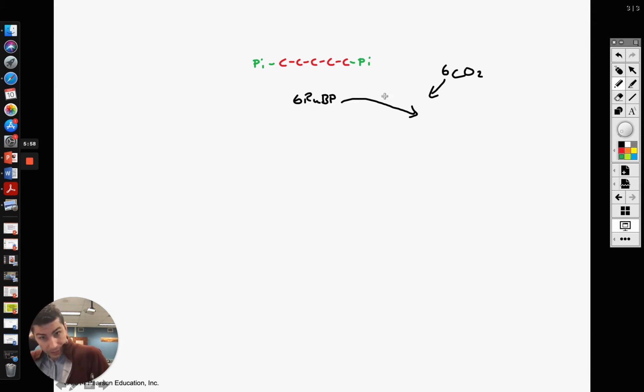Now, each time I draw an arrow, guys, an enzyme is going to be present there in order to catalyze that reaction. In this one, we're going to have a rubisco enzyme. Okay. And when we put these together, we are going to get some 6-carbon unstable molecule. All right, it is unstable, and I'm not going to worry about drawing it there because it's not important to us. After we do that, all right, we are going to get